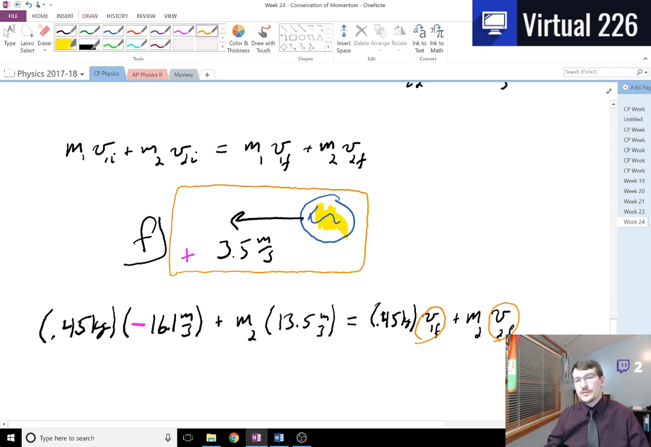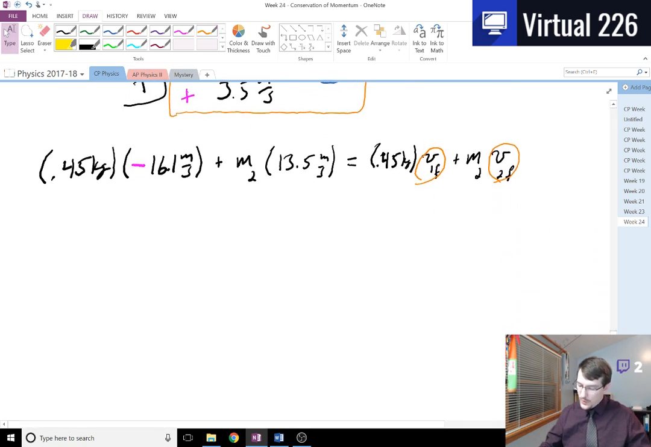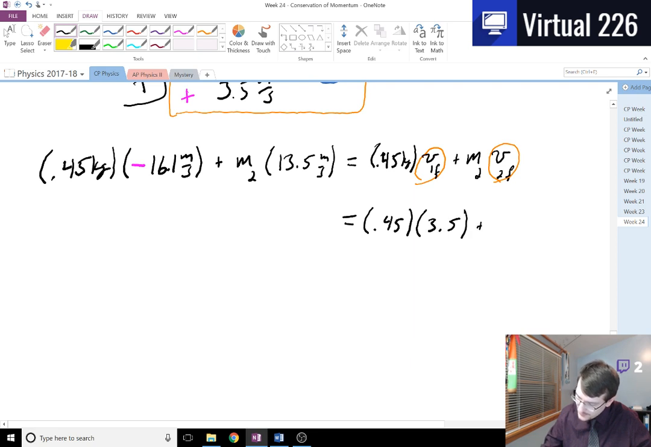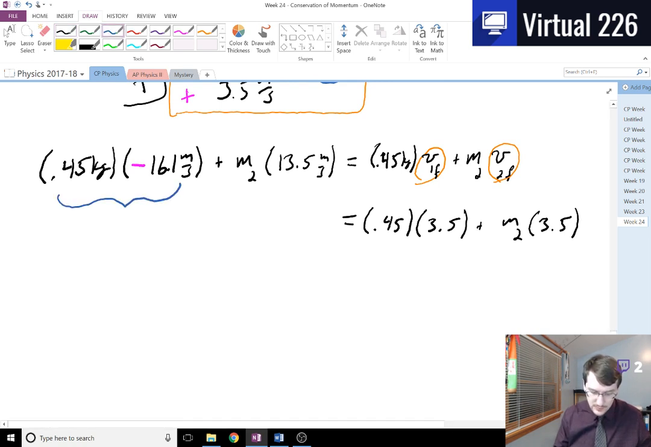It's both of their velocities there because they have stuck together. You can imagine both snowballs are in this mega snowball now. So what we have here on the right side of the equation is 0.45 times 3.5 plus the second unknown mass times 3.5 as well. If we bring down some of our other numbers here, such as 0.45 times negative 16.1, we get